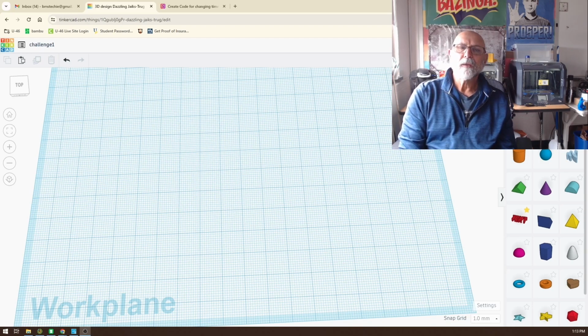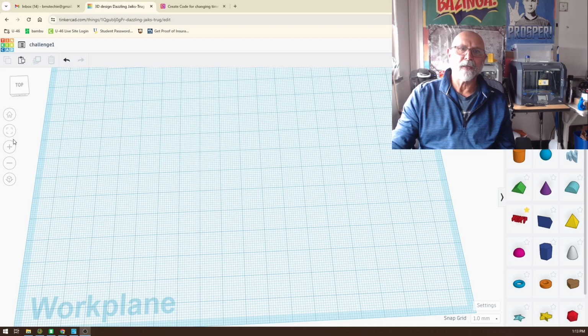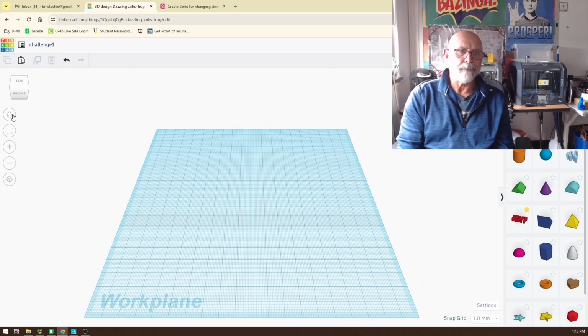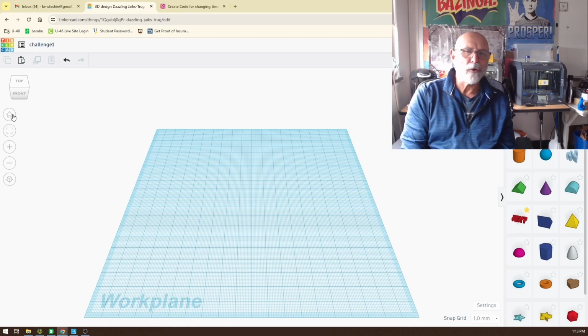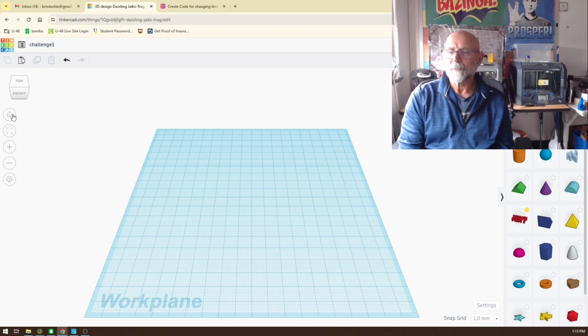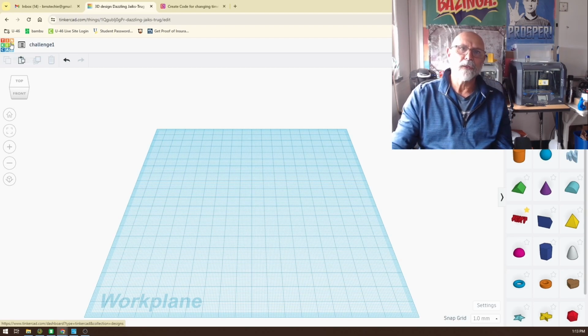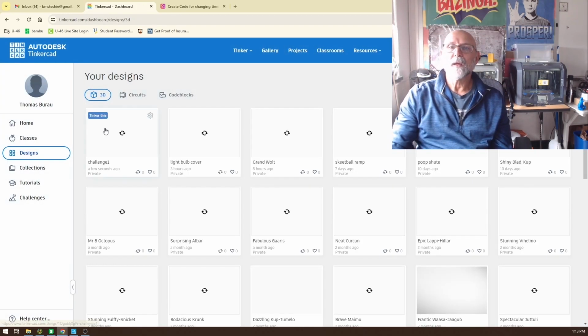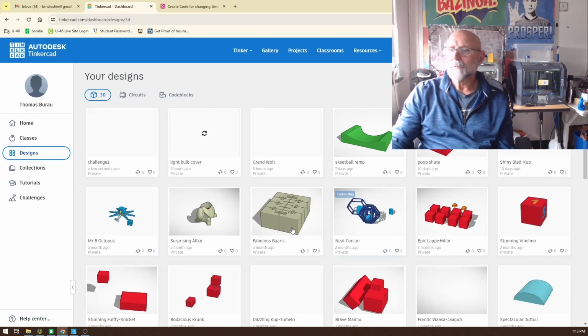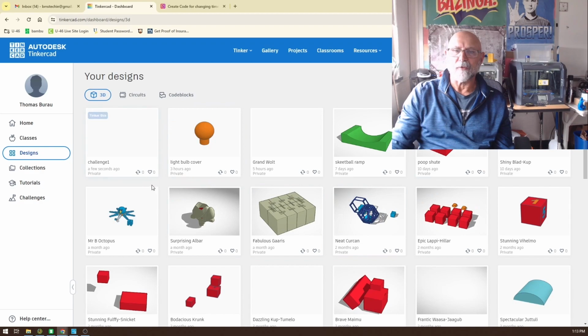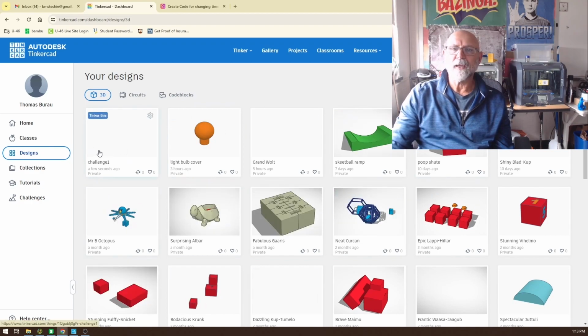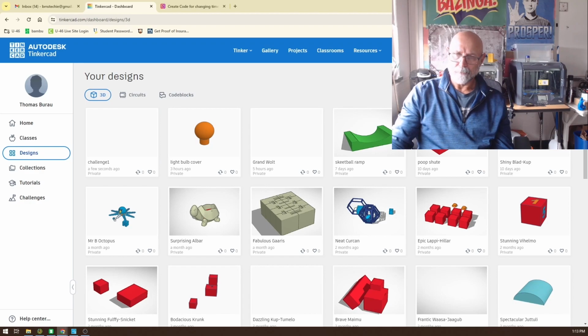Let's get started. So let's quickly take a look at TinkerCAD and how it's set up so that it makes it a little bit easier for you as a user to start working. On the left-hand side up here, we have our TinkerCAD logo. So if you're working, you can click on that. It will send you back to your gallery scene here in your designs. Okay, now most of you guys may or may not have some designs already set up. They would all show up in here. In this case, mine's pretty full up. Yours most likely will be empty. To create a new design, you click here on Create,